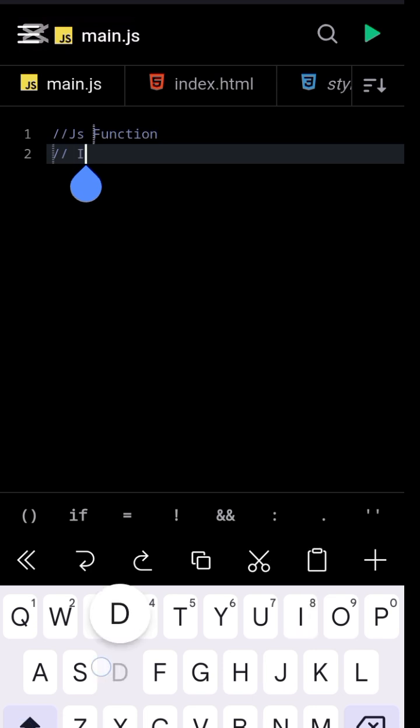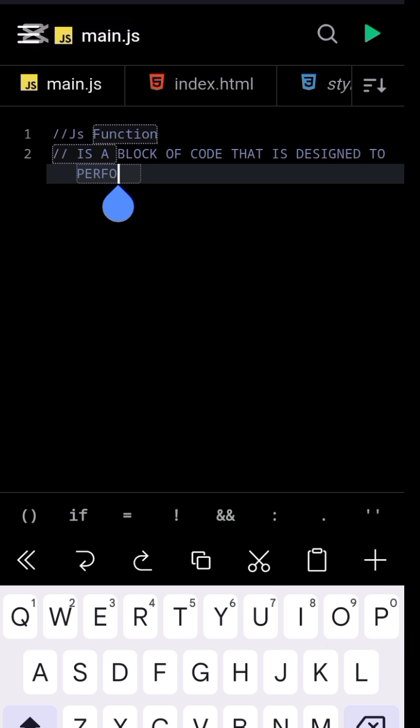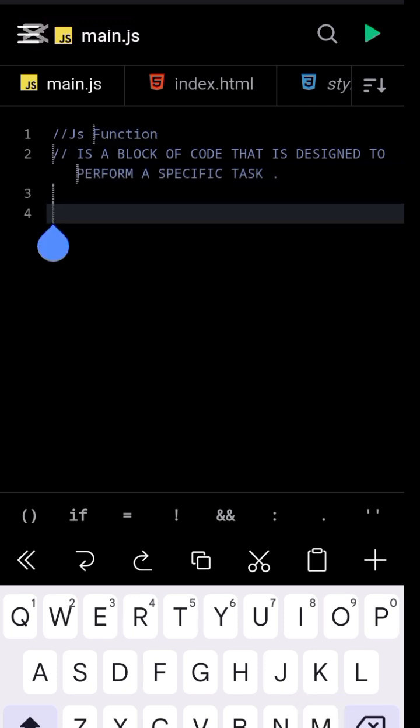So let me write this in capital letter: a block of code that is designed to perform a specific task. Now, function is a block of code that is designed to perform a specific task. Okay, so